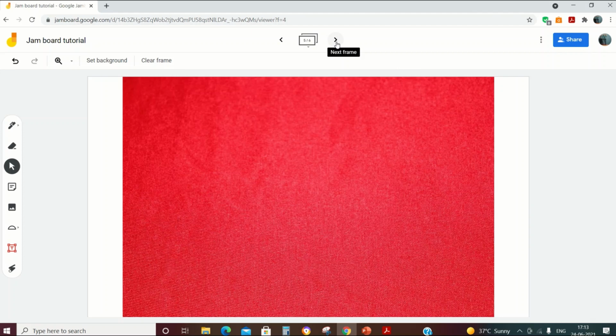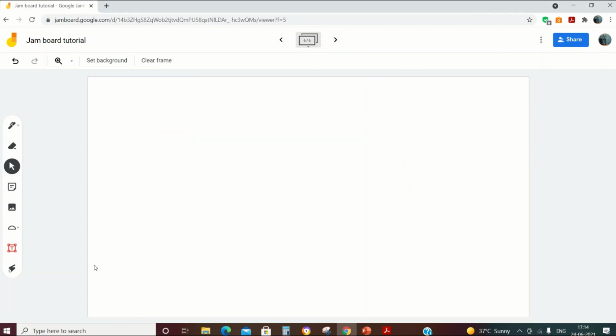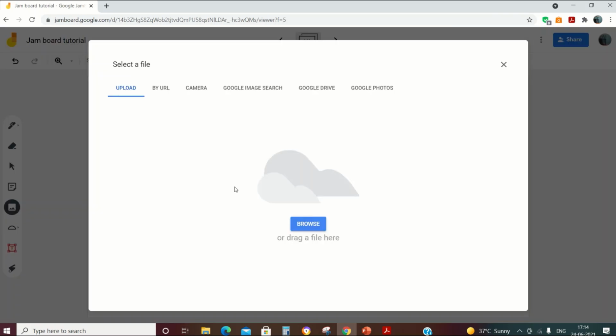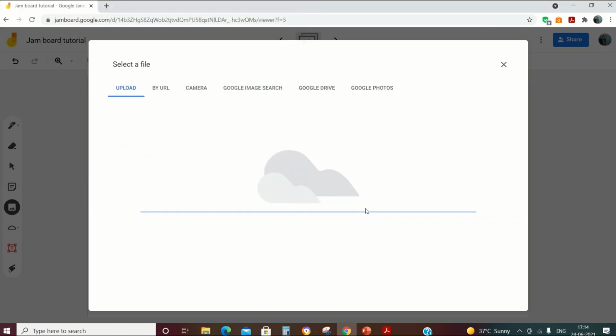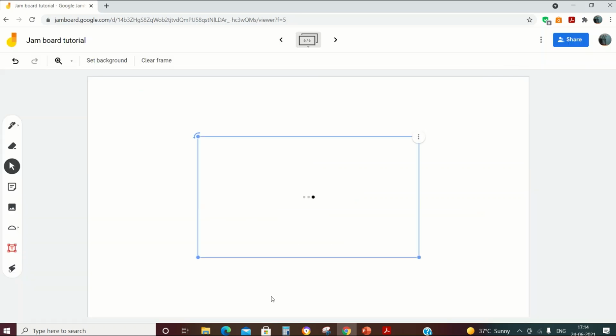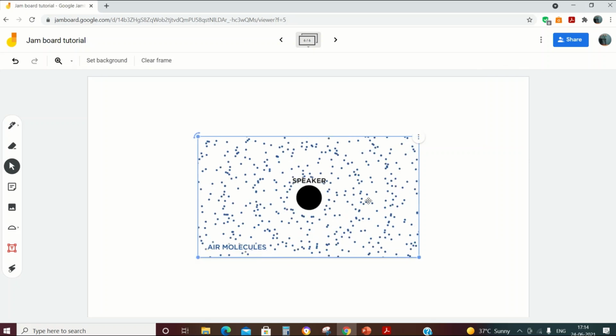Before that, let me show you another very useful, important feature of this Jamboard. Adding images, I have already told you, you use this browse option, so you will be redirected to the computer storage wherever you have stored your files. Let me show you what I'm going to do here. I'm just going to add one of the images, and this is not a simple image, it is actually an animation.